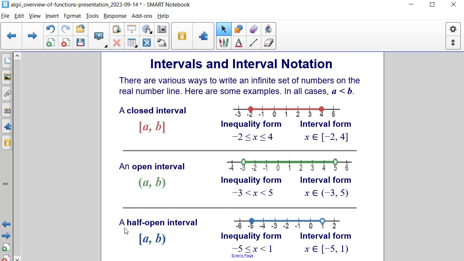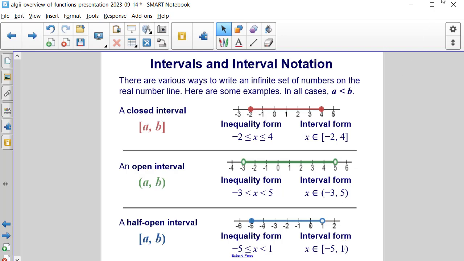You can also have what's known as a half-open interval, where you have a closed bracket on the lower bound a and an open parenthesis on the upper bound b. So in our example, at -5 we have the closed circle, and at +1 we have an open circle, and it is shaded in between. Therefore, the inequality for the numbers represented on this number line is -5 is less than or equal to x, which is less than 1. And in interval form, this is written as x is contained in the interval from -5 to 1, where -5